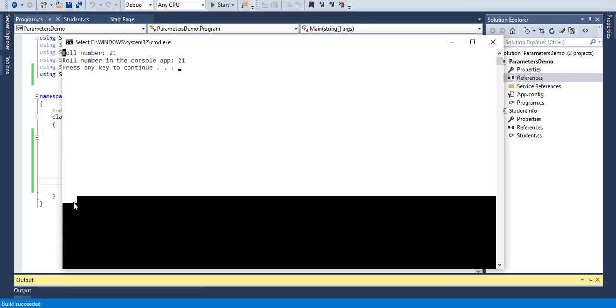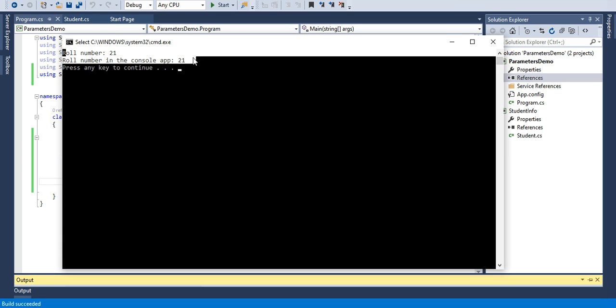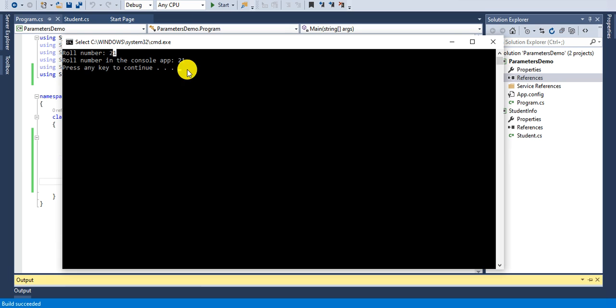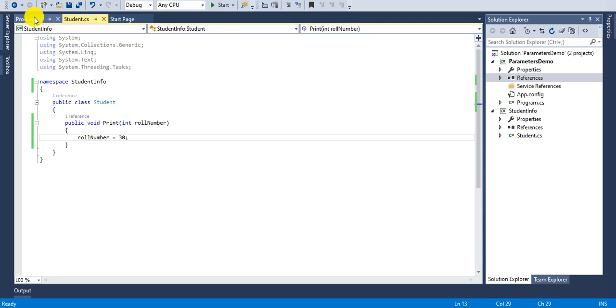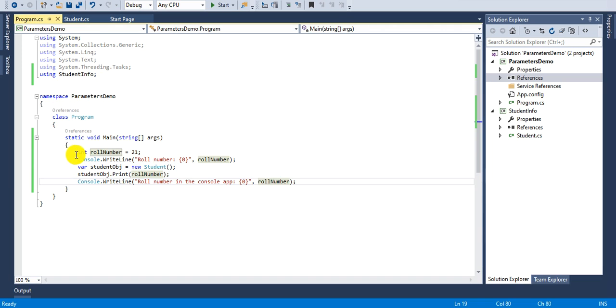So now you can see that in both the places the value of roll number is 21, and even here it's 21. Because I'll tell you what happens. So first we declared a variable, right? And then we are printing something on the console, that is this. Okay,